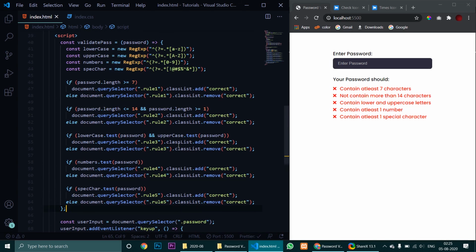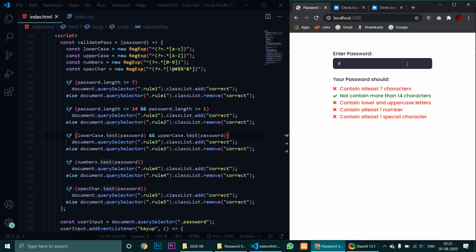I hope this was not very difficult to understand. If you go through the video once again, if you just rewind and play it again, you will definitely get the concept. Now let's reload it and check whether it is working or not. Now yeah, we have the second rule satisfied, capital A. Now we have lower and uppercase letters both, so another rule is satisfied. Let's add a number, then a special character, then 7 characters. Now everything is just working fine.